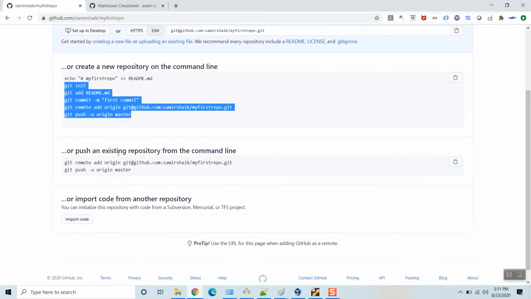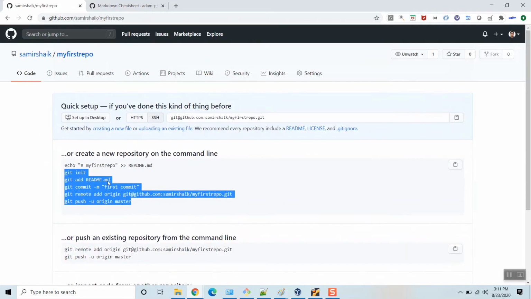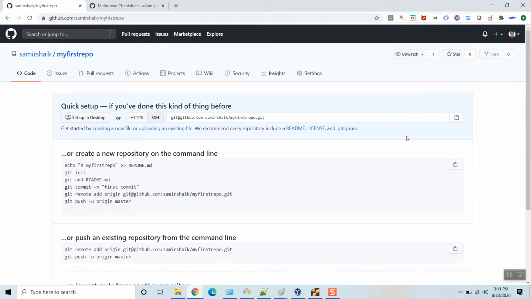If you have an existing repository from command line, do this: git remote add origin, git push -u. We do not have an existing repository, so we will not do this. What we will do is, you don't even need to read all of this. I will go to my repository and I will